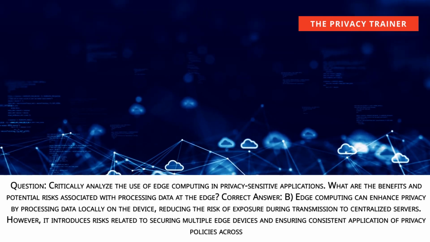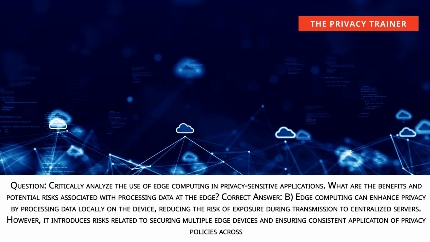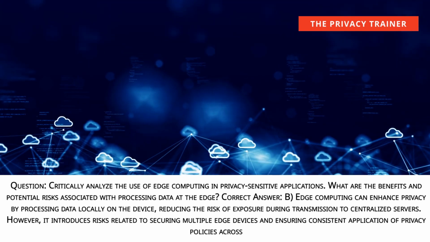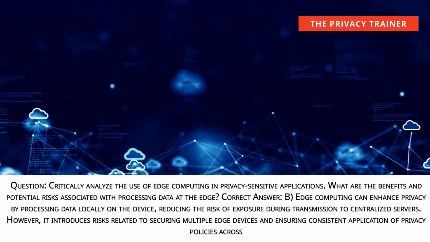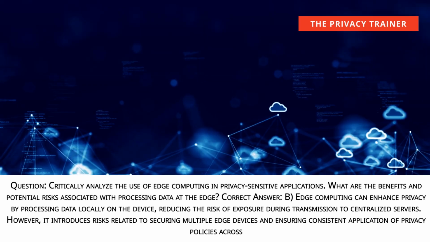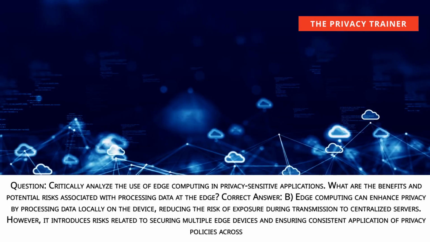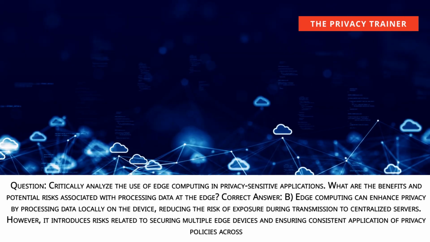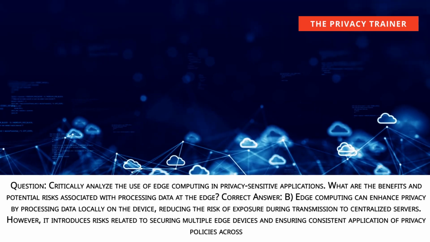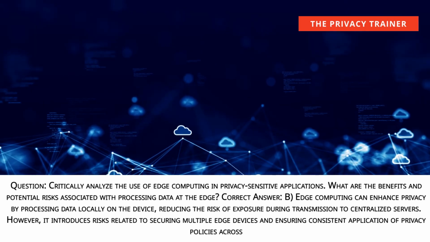What are the benefits and potential risks associated with processing data at the edge? Correct answer: B. Edge computing can enhance privacy by processing data locally on the device, reducing the risk of exposure during transmission to centralized servers. However, it introduces risks related to securing multiple edge devices and ensuring consistent application of privacy policies across